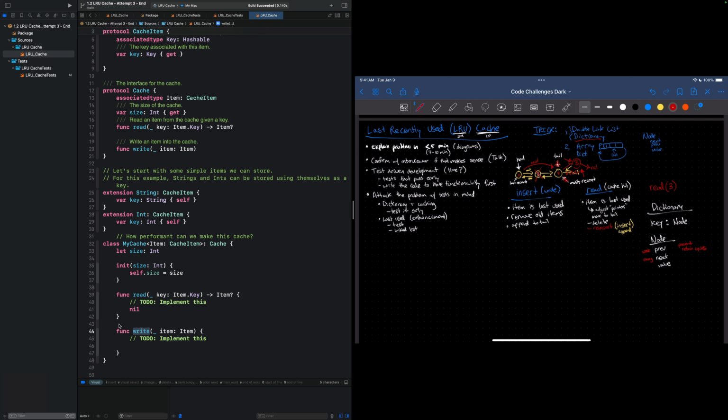We've got protocols, protocol conformance, associated types related to the protocols, and then generics. And generics to make it so that we can have different types of cache items. So we could have strings, we could have ints, we could have images. And as long as they have some key attribute, they could all work. All right, so that's the starting point for this. Let's dive into the actual